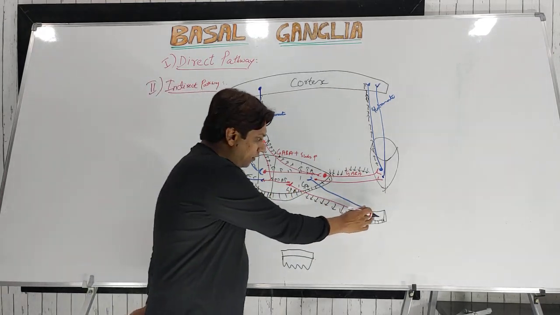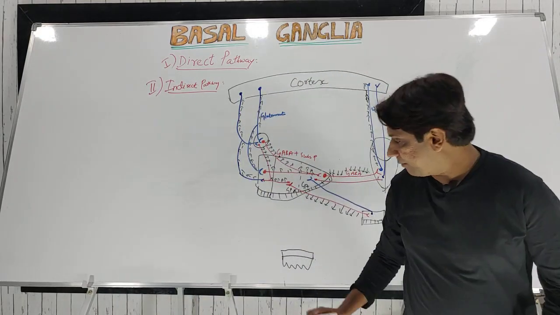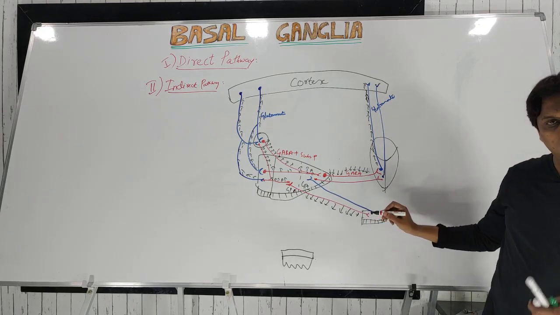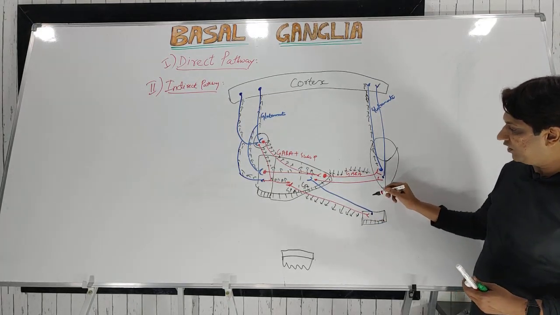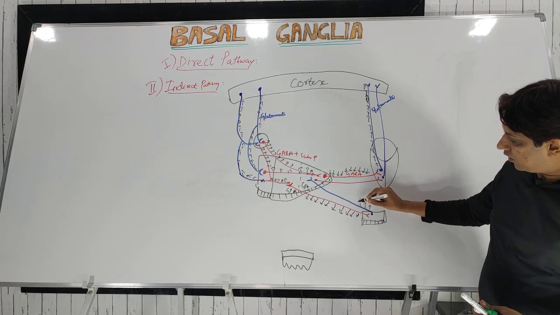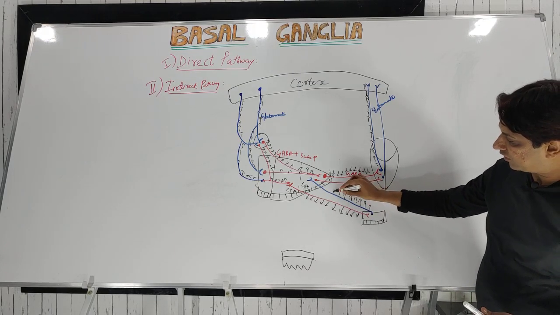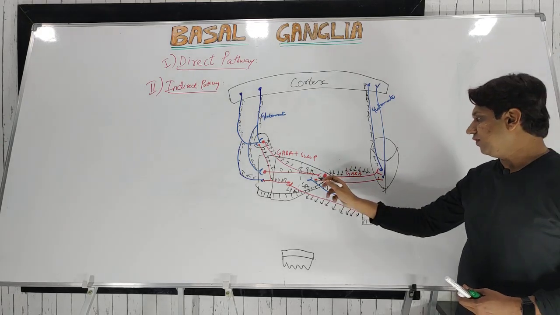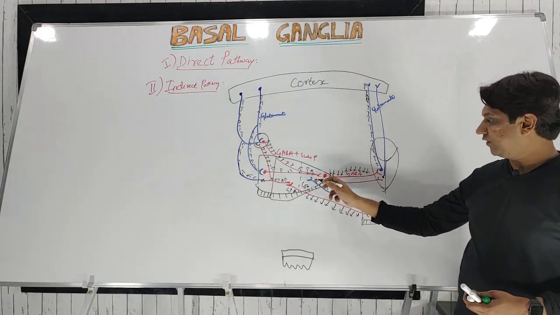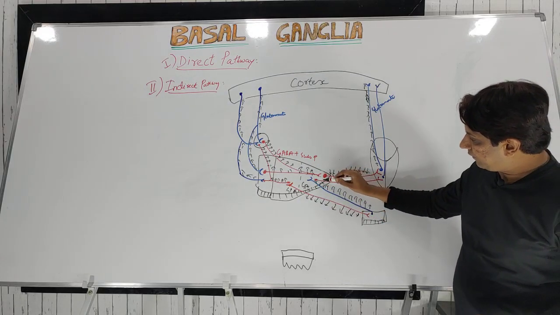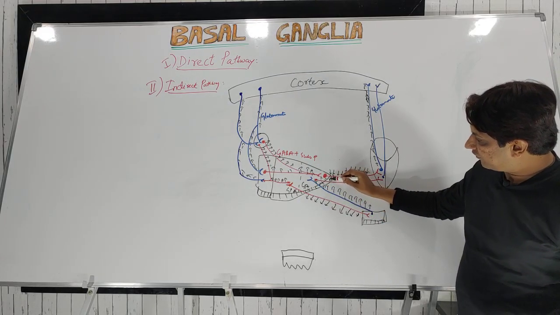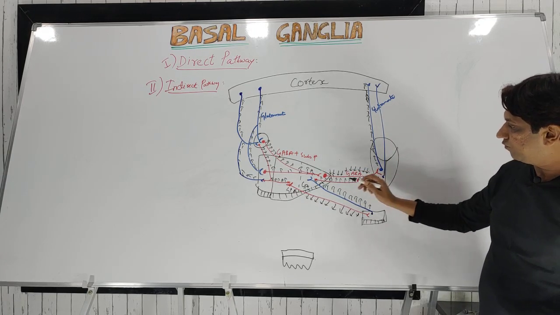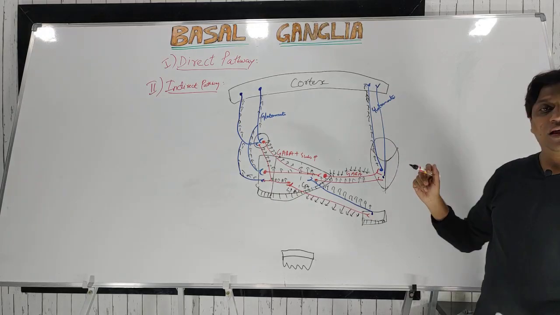Again here at the subthalamic nuclei, when the action potential is less, less GABA will be released, so there is less inhibition, and more action potential will reach the globus pallidus externus. Now this is an excitatory neurotransmitter, glutamate, and the action potential in these fibers from the globus pallidus internus to the thalamus will be more.